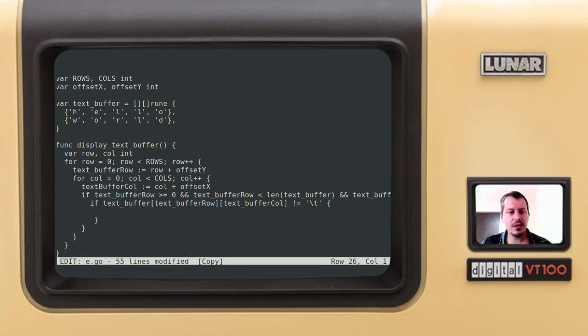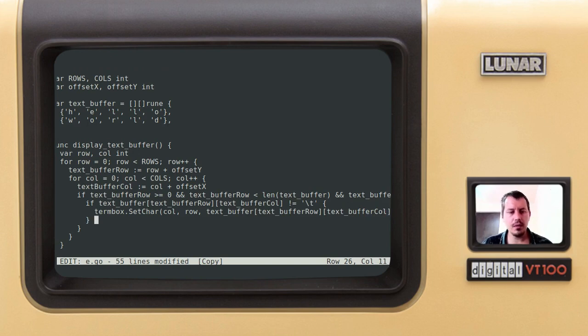So in this case, what we need to do is we can say termbox dot set char, the function that I've been mentioning earlier, since we don't need to do any attributes, we're not doing syntax highlights in here. So it's simply enough to specify the column, the row, then the text buffer indexed by the text buffer row and text buffer column. And otherwise,